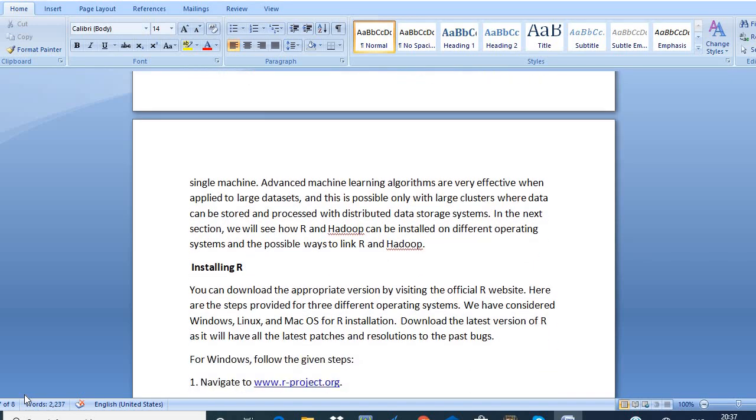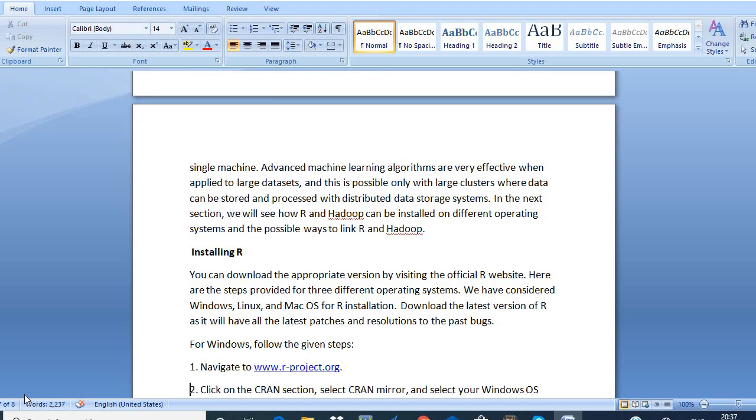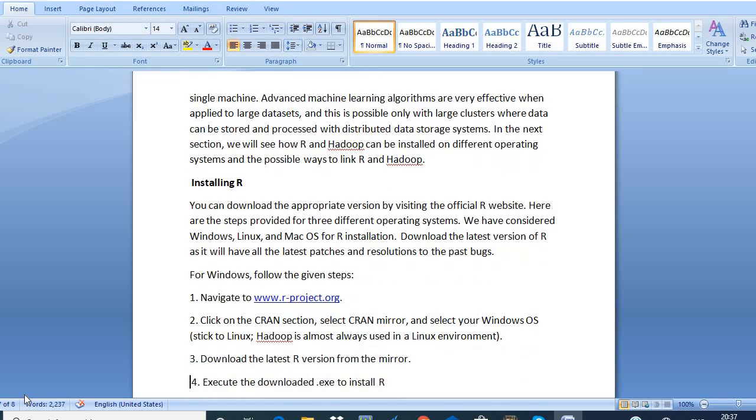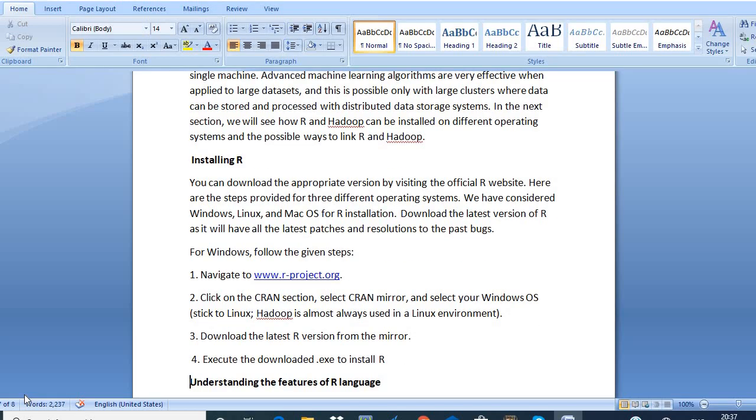First is installing R. You can install R on Windows, Linux or Mac OS. But R software is mainly installed on Linux. Linux is the most common platform on which R will function. For Windows, we should follow the given steps.